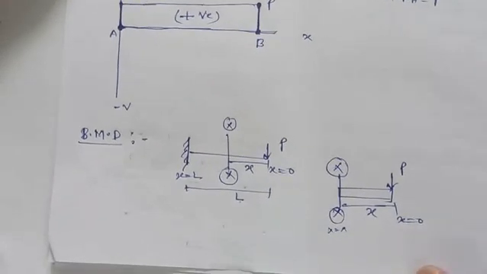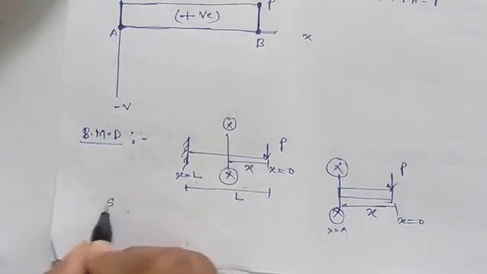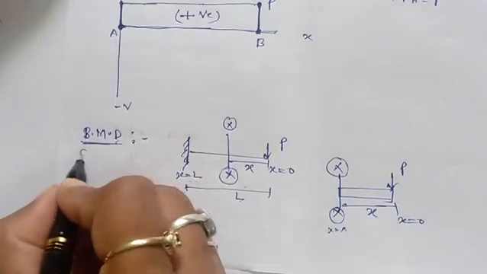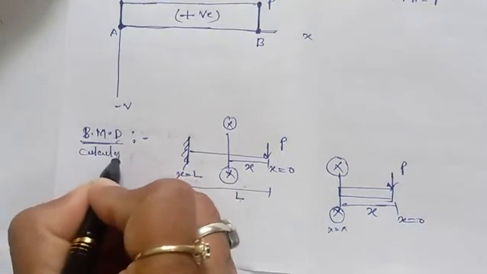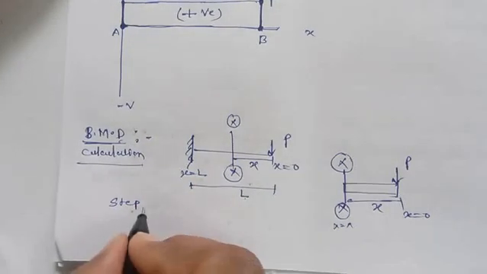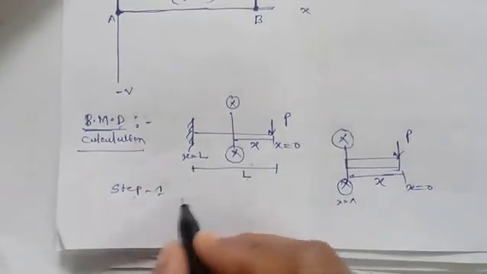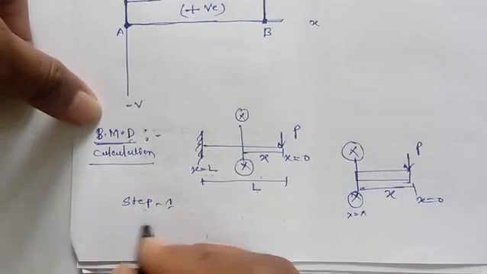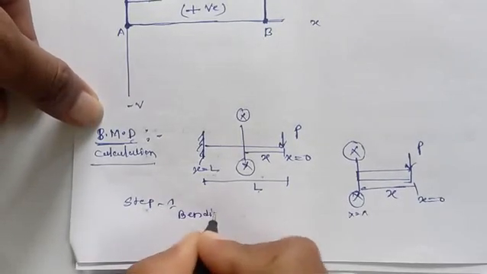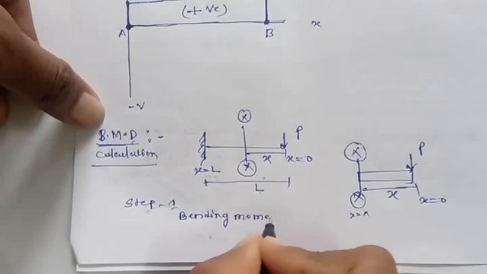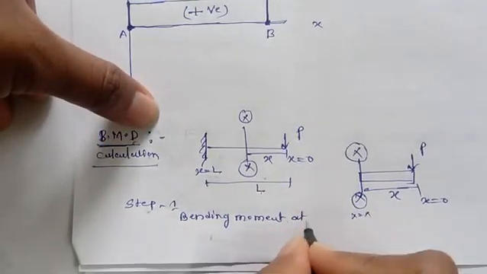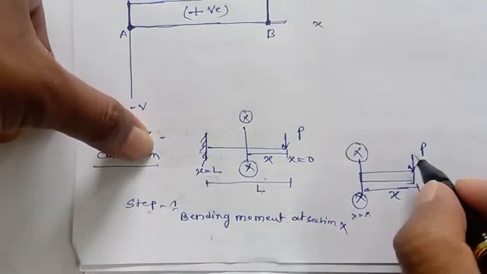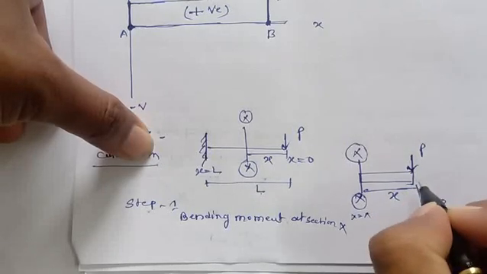Okay, so the steps to calculate the bending moment diagram. The calculation for the bending moment diagram steps, we have to consider the same way. First we take the bending moment at section X. Bending moment at section X. Okay, so this is the section, because the load P is applied on the beam and